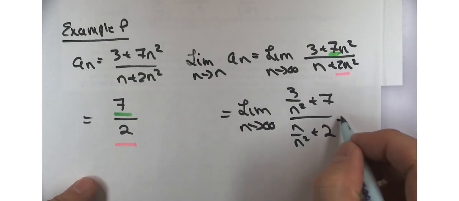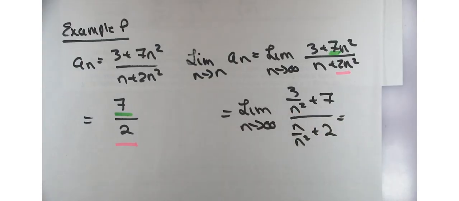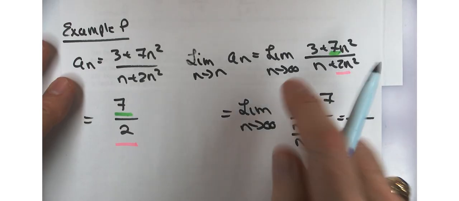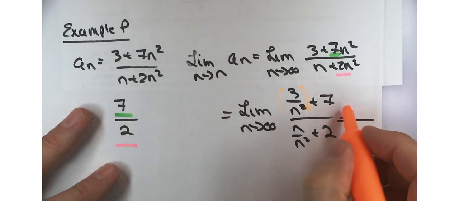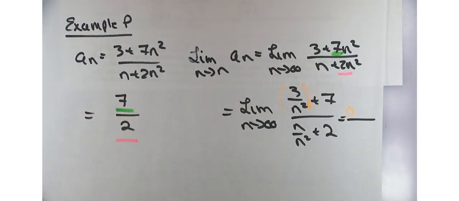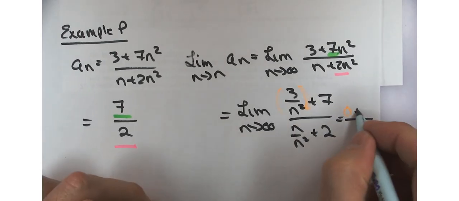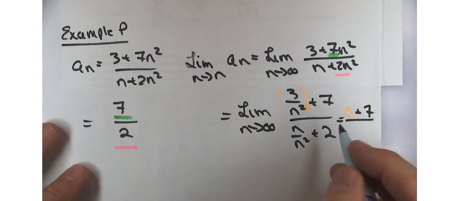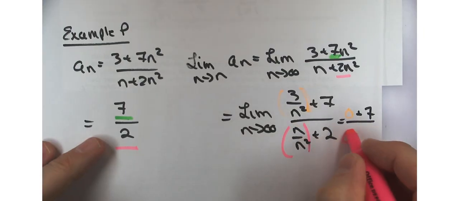What happens to the limit as n approaches infinity of 3 over n squared? Just this little piece right here. Yeah, it's going to be 0. As n approaches infinity here, well, that's just still 7, right? Because this is independent of n. This is 1 over n. And as n approaches infinity there, you're going to get 0 plus 2. So